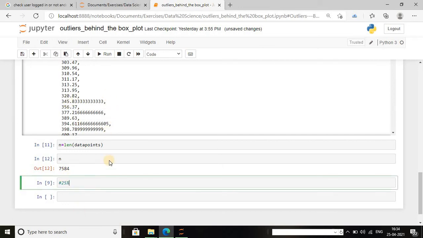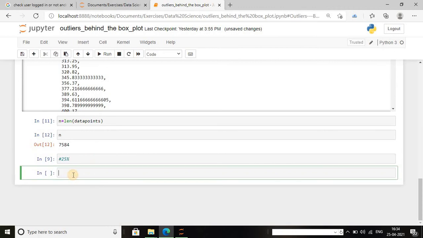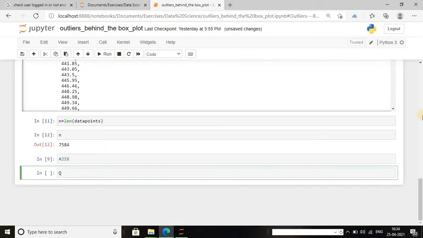In that I'm going to find the 25th percentage quartile. For that, first I have to find the index of that 25% quartile value. I have to use the formula q1 index equals the total number of elements plus 1, divided by 4.